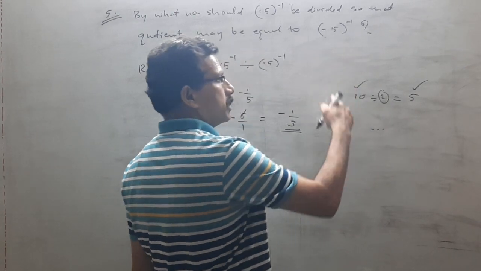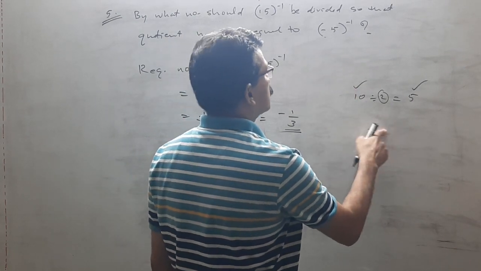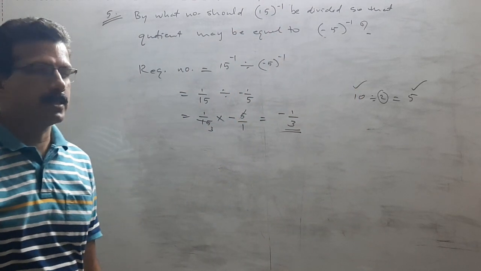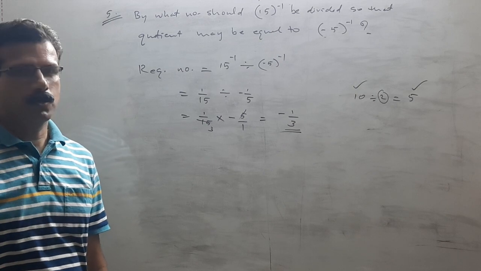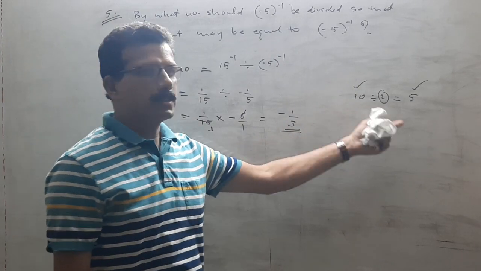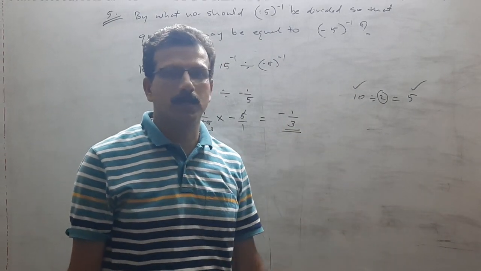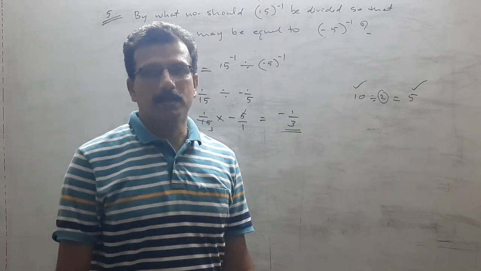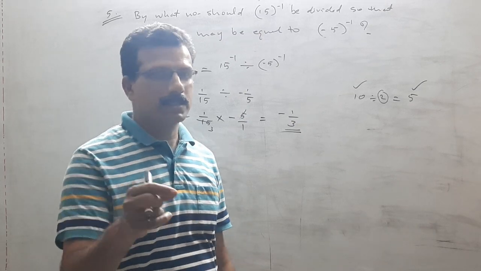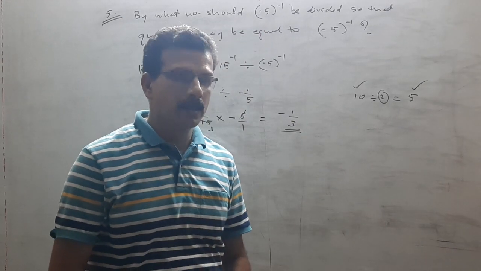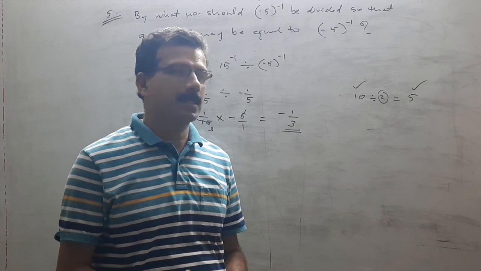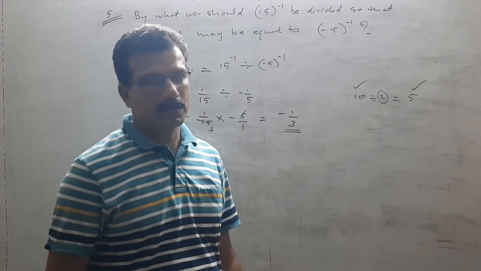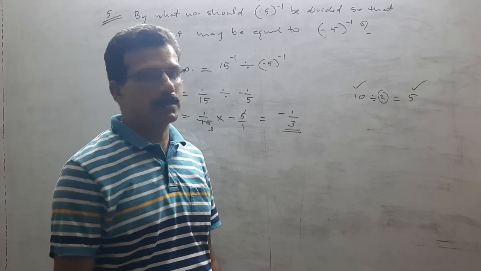Divide by, let the unknown number be x, then 10 divided by x is equal to this number divided by x equal to this, etc. Is it needed? Not at all needed. When it is a simple thing, get the answer in a simple way. Why do we have to make it complicated by taking it as x? x means it is a variable. When things are complicated, we take the help of a variable to make it easy. But it is already easy, remember it. So don't bring the variable unnecessarily.